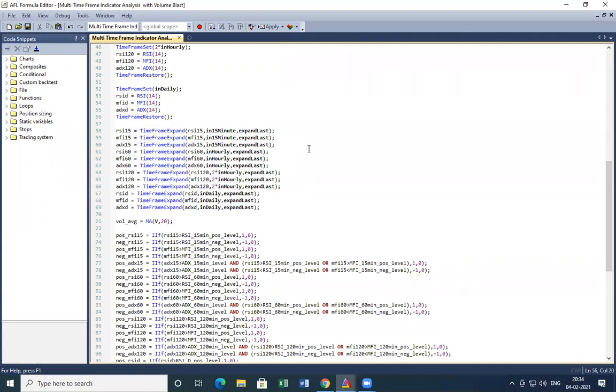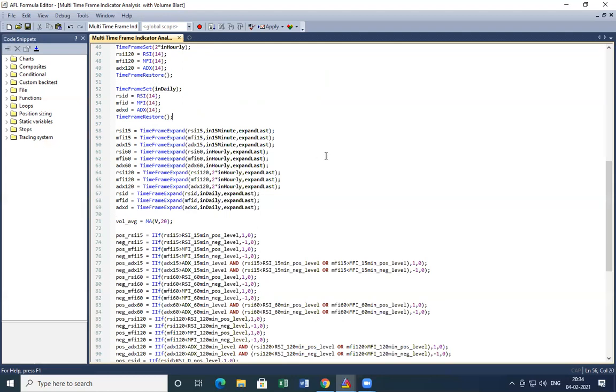Okay. There is one more thing we have to do. See, we are extracting values from a higher time frame while staying on a lower time frame. Let's say we are on a 5-minute time frame and we are extracting values of the 15-minute time frame. Then there will be 3 5-minute candles in a 15-minute time frame, right? So we need to expand those higher time frame values in order to use them in the lower time frame, right?